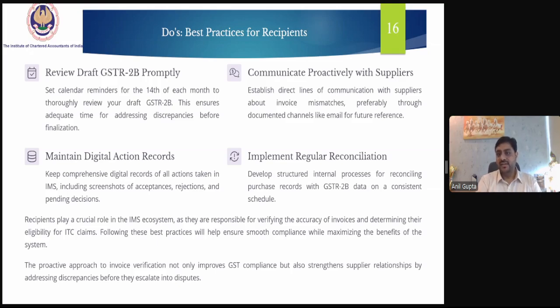Communicate proactively with the suppliers. Establish a direct line of communication with the suppliers about invoice mismatches, preferably through documented channels like emails for future reference.